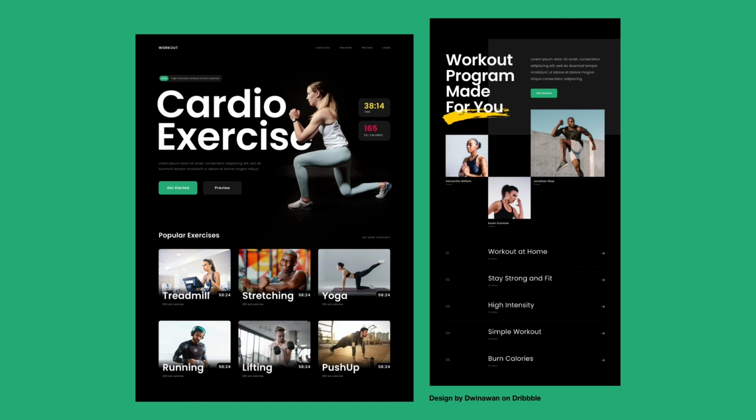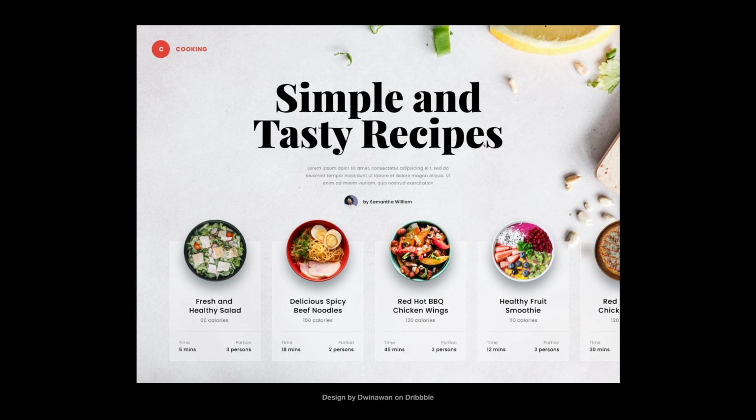Tip number 4 is to play with alignment. In this example, you'll notice a strong use of grid. There's a 2x3 grid under popular exercises that shows a user different exercises that they can choose from, from treadmill, stretching, to yoga, and more. This helps guide the user and creates a clear level of hierarchy. Tip number 5 is to use repetition. In this example, notice how repetition is used thoughtfully. There's 5 different recipes and photos of what they look like. It's basically a repeated design, but what varies is the title and the photography of the recipe.